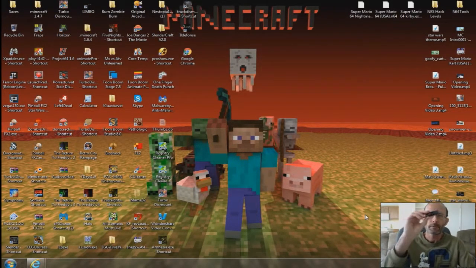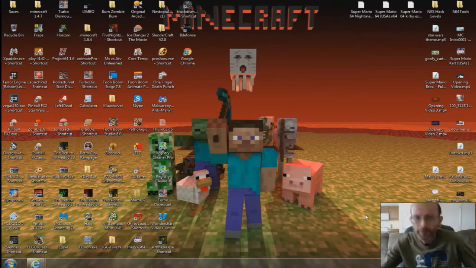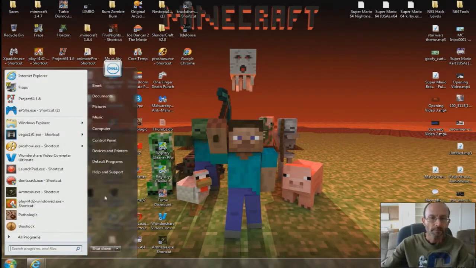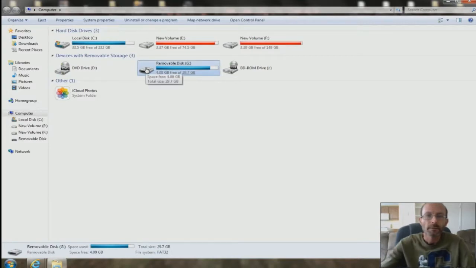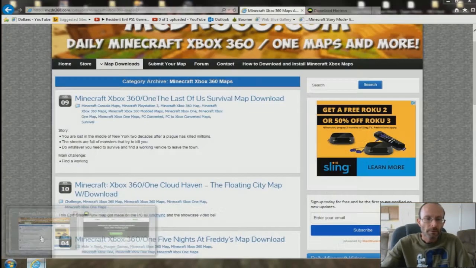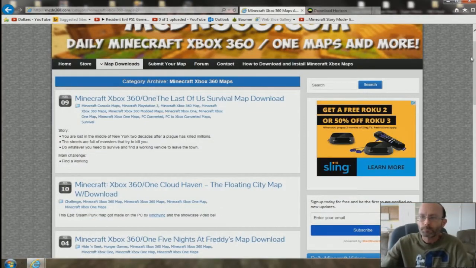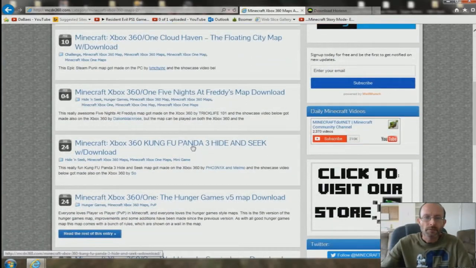Whatever thumb drive you put your profile on, take that and put that into a USB port on your computer. And I'm just going to make sure it's there. If I go into Computer, there it is, my removable disk. So what you want to do now is you can do one of two things first. You can go to the Minecraft 360 website, which I'm going to do, and I'm going to pick this Kung Fu Panda one. So click on that,